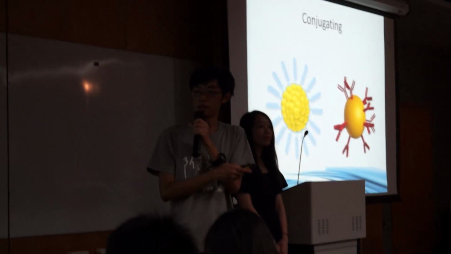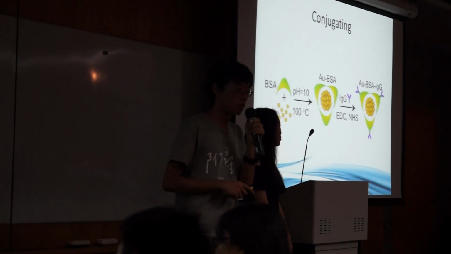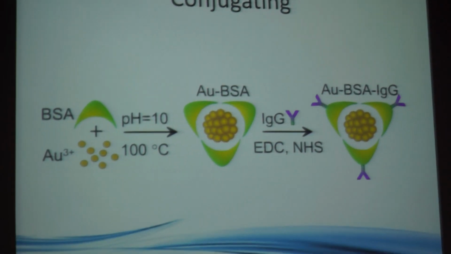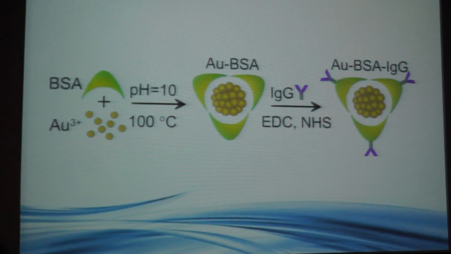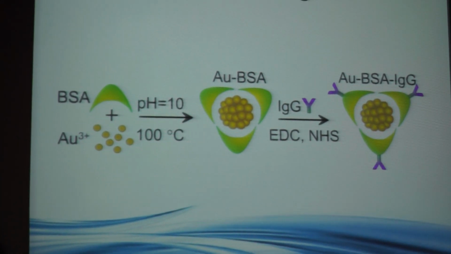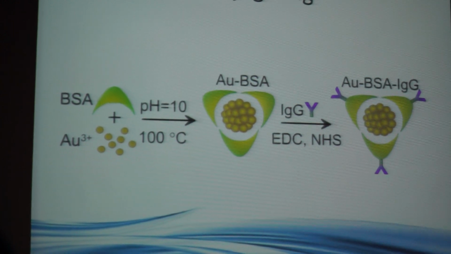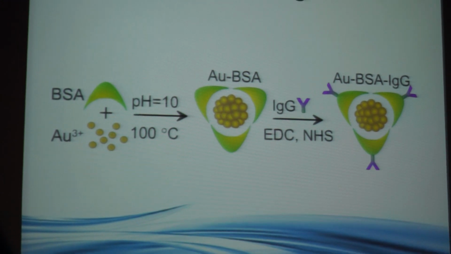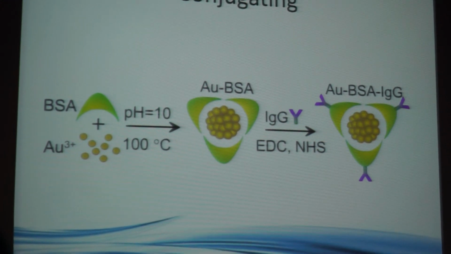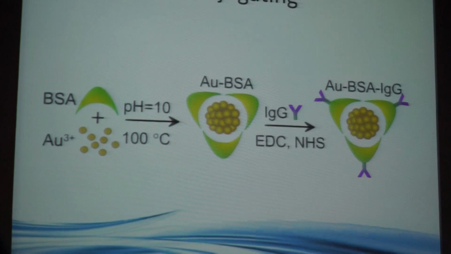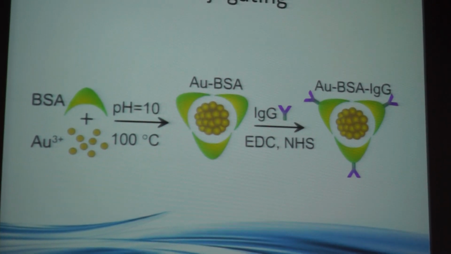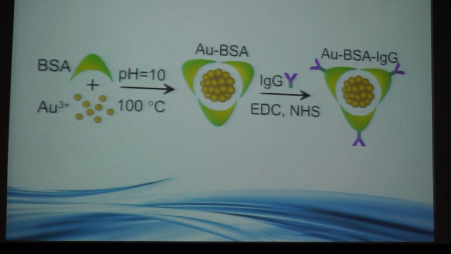And this is our experiment. First, we put BSA and gold ion together to make the nanocluster. And then we put the antibody with the IgG links, and we put EDC and NHS into the nanogold solution. After a series of reactions, we can conjugate the antibody on the surface of the nanocluster. And then, to make sure our experiment was a success, we drip some ketamine in the middle of the paper,